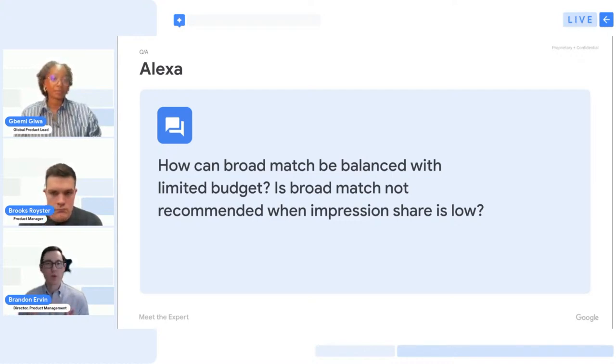Yeah, I'll answer these questions independently. First, on the budget point, it comes back to your objective. But I would say broad match in combination with maximize conversions or maximize conversion value, if you have a fixed budget that you want to maximize, works really great in practice. Broad match is able to get you into auctions or queries that exact or phrase might not be eligible for, which could potentially be more performant in that they don't have as much competition. So you might actually see more total conversion or value volume with broad match, even in a limited budget. Broad can work really well even with a limited budget, as long as your goal is to maximize value or conversions.